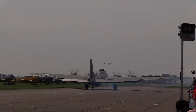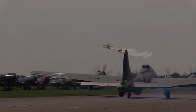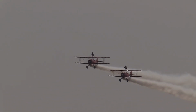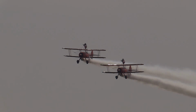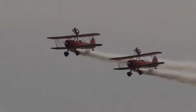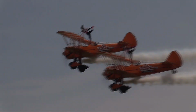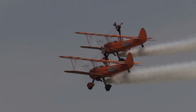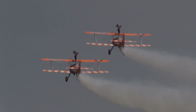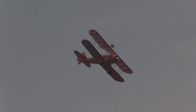As they come in now for what they call the cockpit lady. You can see they're no longer at the front of the top wing. Of the Aero Superbatics wing walkers flown by Dave Barrel and